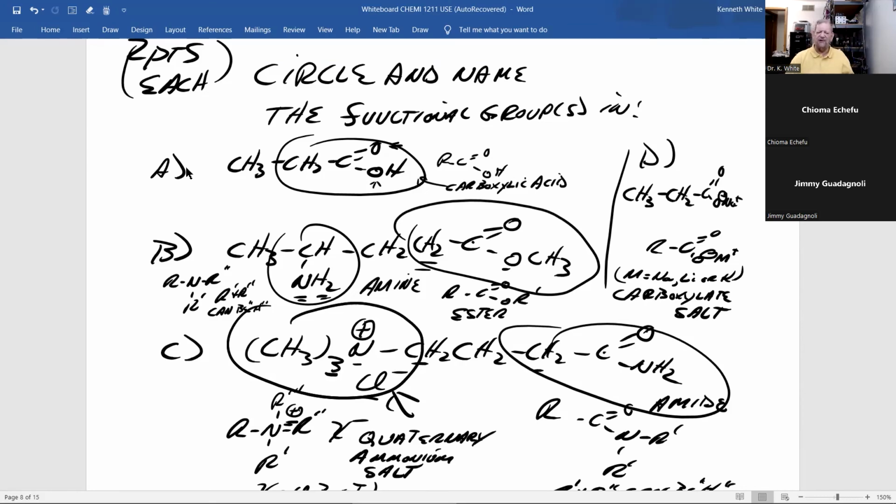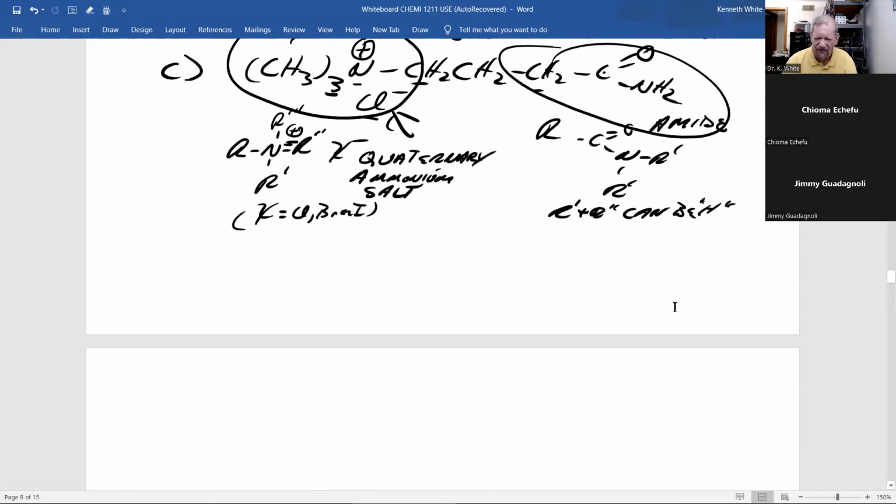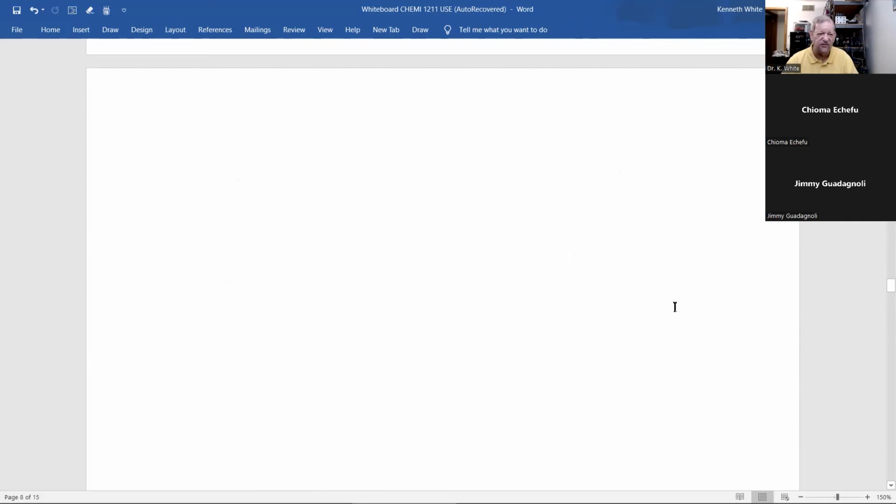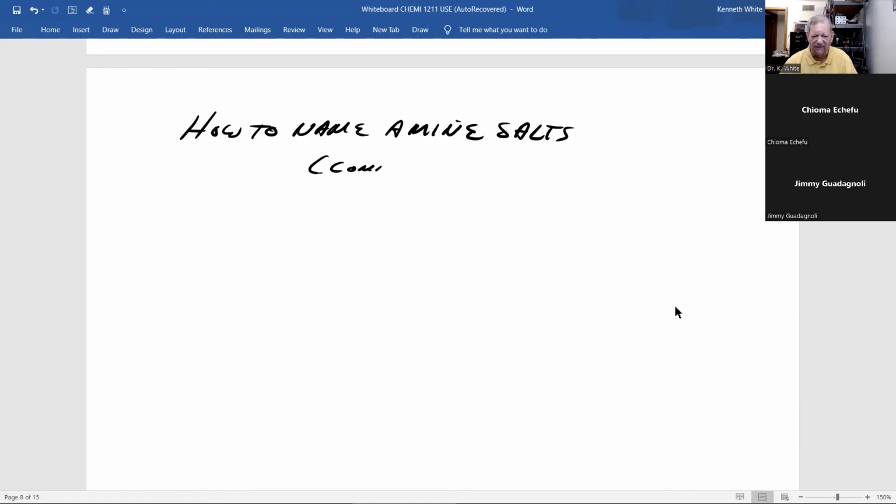Now, I just remembered I might not have done the following, so I better do this, and that is how to name amine salts. And this is the common method, common name. Nobody uses IUPAC for amine salts. And the way you do it is